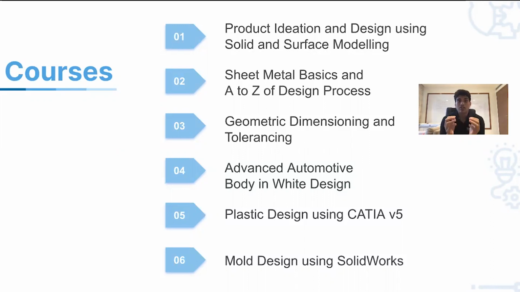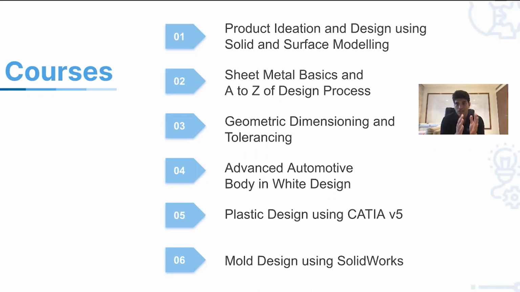Then comes sheet metal. Sheet metal components are your structural integrity components, right? So if you see your car, the outside components are surface models. Then inside your car, there is the inner panel of your hood, the inner panel of your doors. Those are all made by sheet metals, right? Those are your structural integrity components. Then you have your plastic components, right? So when you go into design: solid modeling, surface modeling, sheet metal, plastic modeling. If you know these 4 concepts, your ability to apply these concepts to design different components becomes a little higher. And if you think about how we have structured this coursework, you basically start with product ideation design using